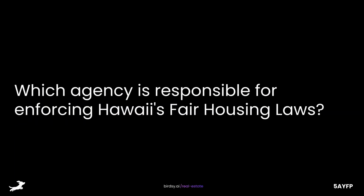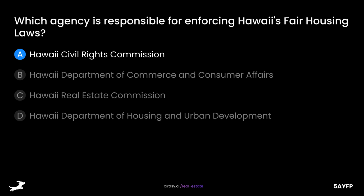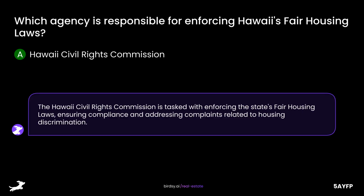Which agency is responsible for enforcing Hawaii's fair housing laws? Is it A, Hawaii Civil Rights Commission, B, Hawaii Department of Commerce and Consumer Affairs, C, Hawaii Real Estate Commission, or D, Hawaii Department of Housing and Urban Development? The answer is A, Hawaii Civil Rights Commission. The Hawaii Civil Rights Commission is tasked with enforcing the state's fair housing laws, ensuring compliance, and addressing complaints related